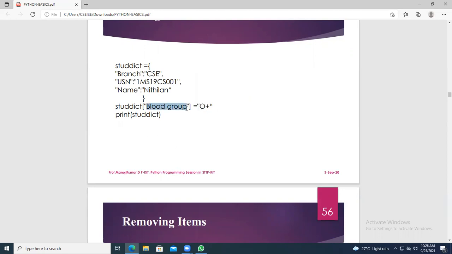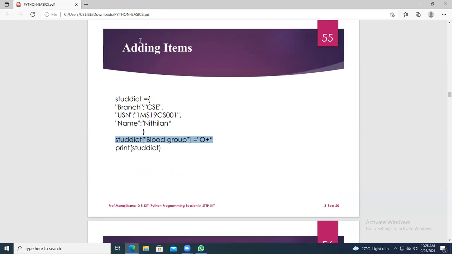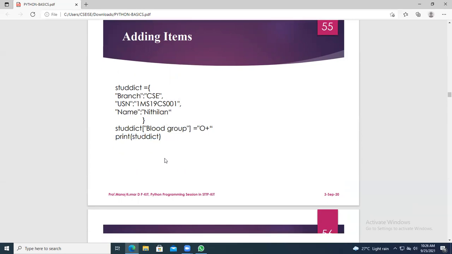The key is blood group, and the value is O positive. This is the way you assign a key value pair to an already existing dictionary variable. Okay, so adding the items. Then you can go with a print of stdict.